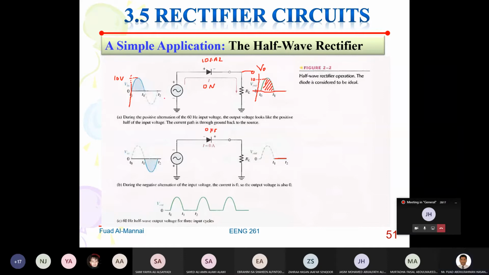Now, once we reach 0, the diode will be off, meaning open circuit. During the negative half cycle, as you